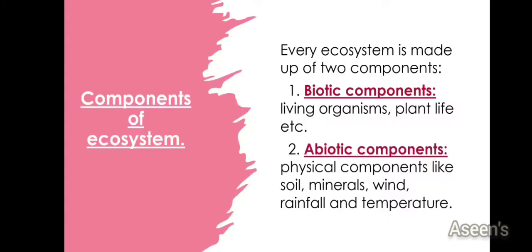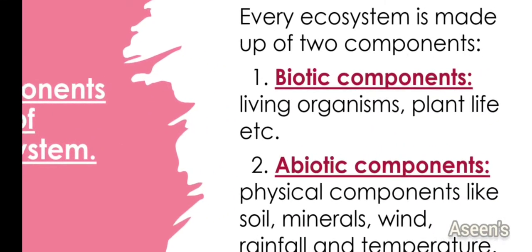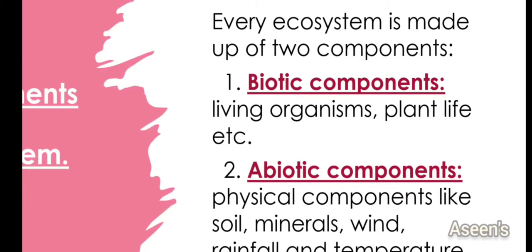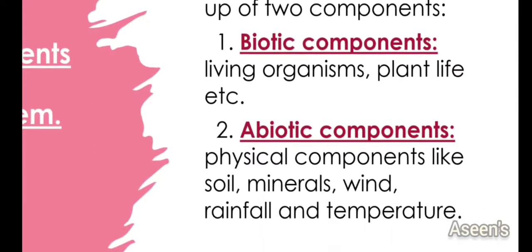Now let's see what are the components of ecosystem, or what are the parts of ecosystem. What is our ecosystem made of? Our ecosystem is made up of two types of components, biotic and abiotic. So biotic refers to the living components. The word bio itself refers to living. So biotic components will have all the living organisms, both plants and animals, whereas abiotic components will have all the